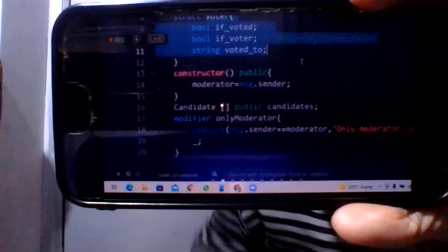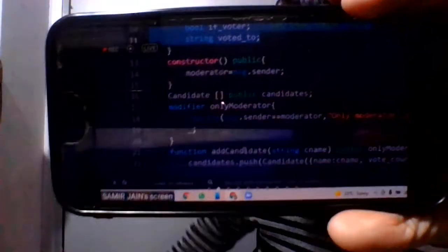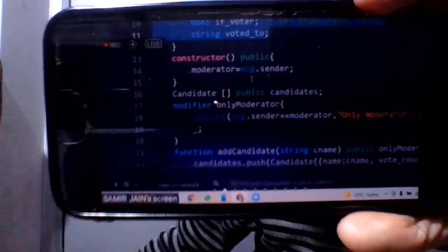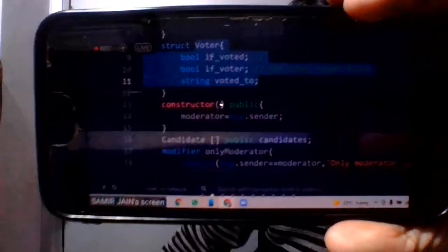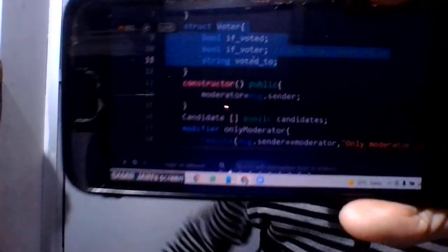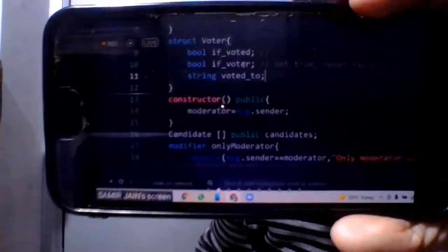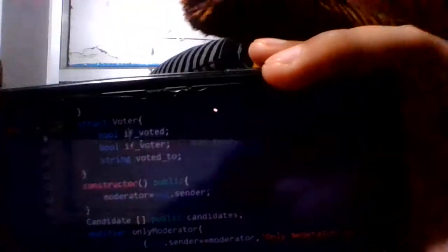If I am calling this function give right to vote, what information related to voting rights is among these three variables? Among these three variables, who has this information? Exactly, it is if voter. So we have to make if voter true.